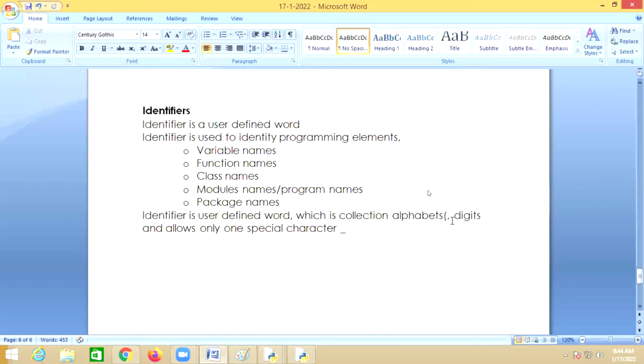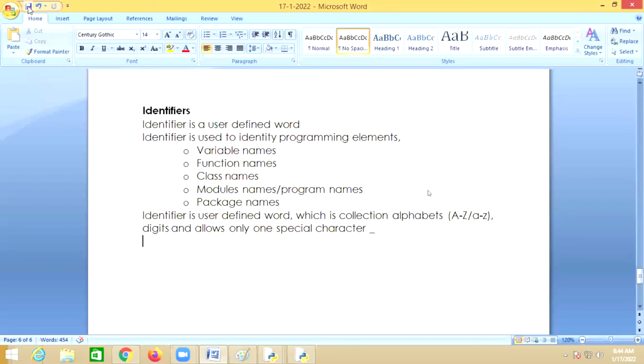You can use uppercase or lowercase, but Python is a case sensitive language and finds a difference between uppercase and lowercase letters.